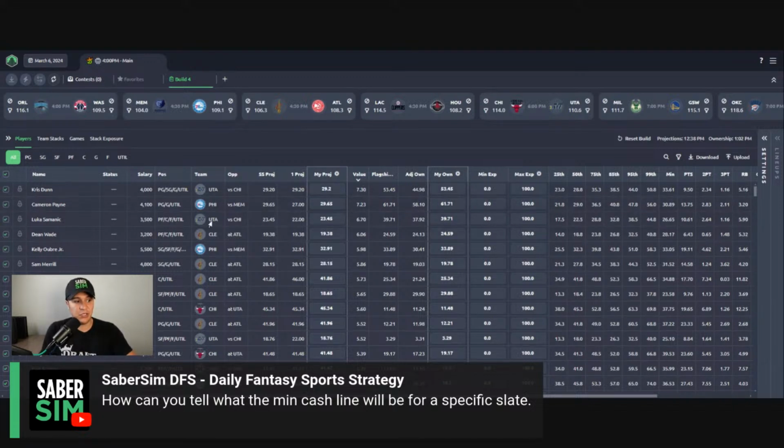I see high value on Utah. I see high value on Philly. I see high value on Cleveland, and then a little less on Chicago. So that is kind of the first place I would start today. And what I would do is go to Utah, sort by